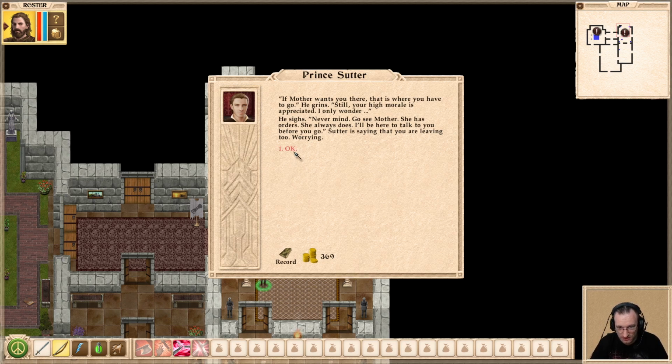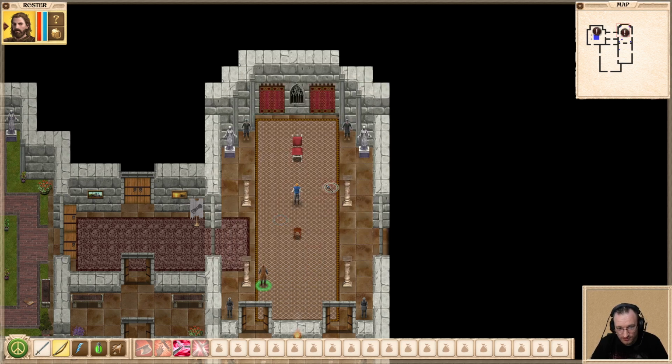Sata is saying that you are leaving too. Worrying. Yeah, I mean, we know that we have to go back, so...